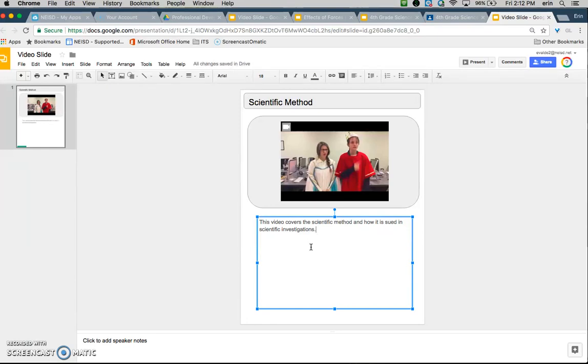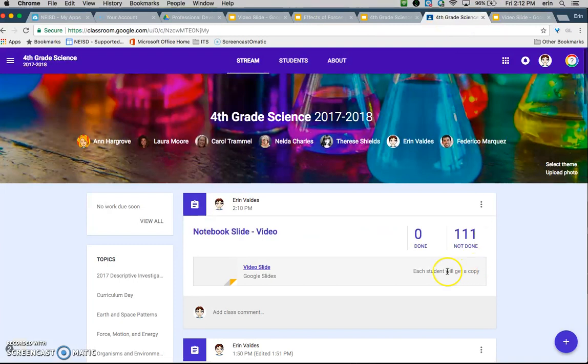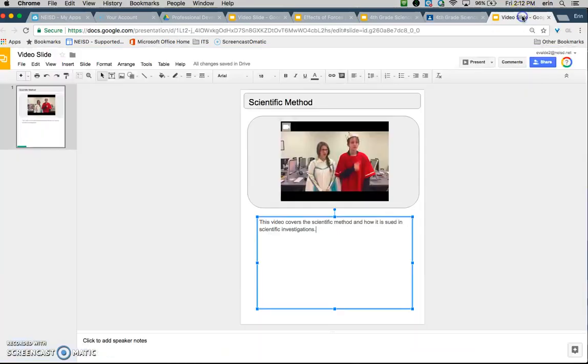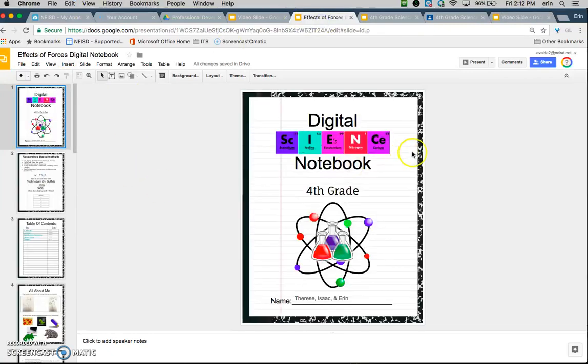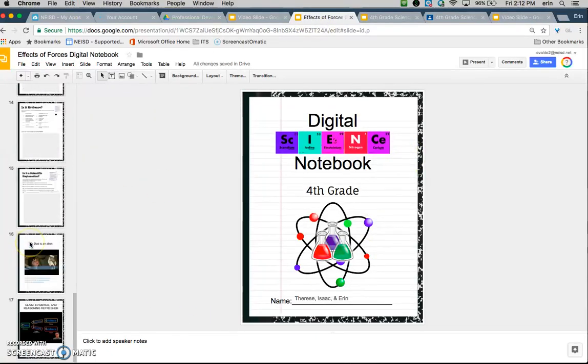Your student is then able to turn around and go back to Google Classroom, where they can submit their work right back to you using the slide you already gave them. They are also able to take the slide they have worked on right here, doing a Control-C, going back to their digital notebook and inserting it